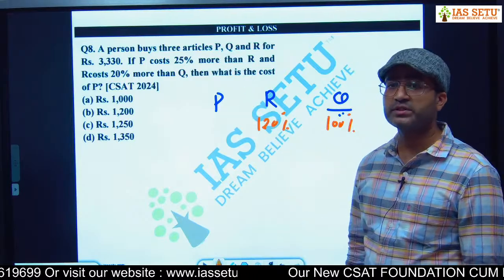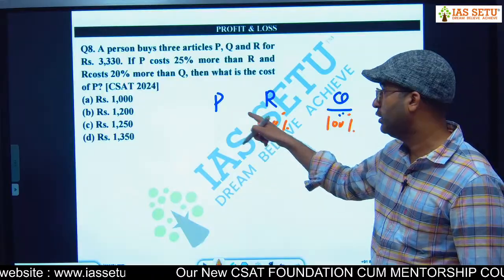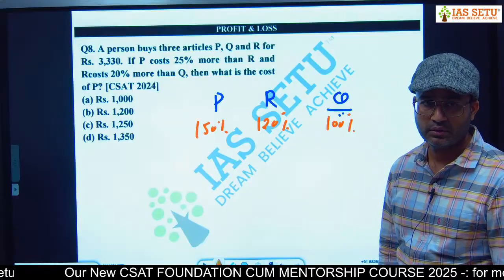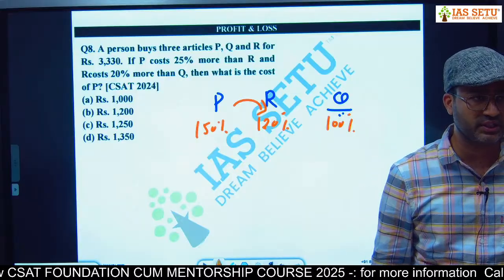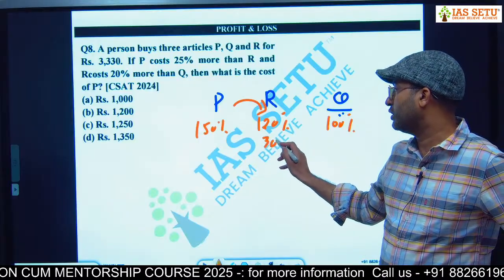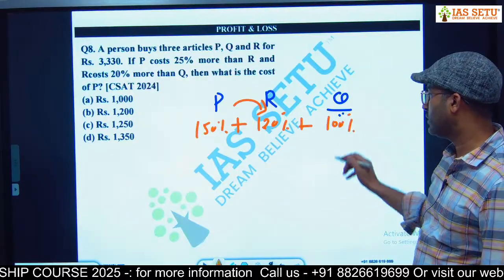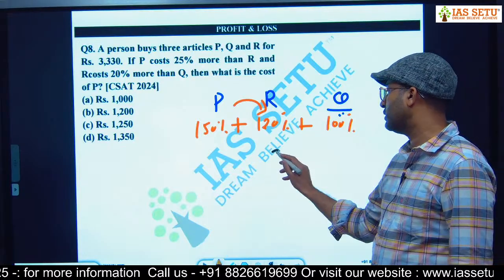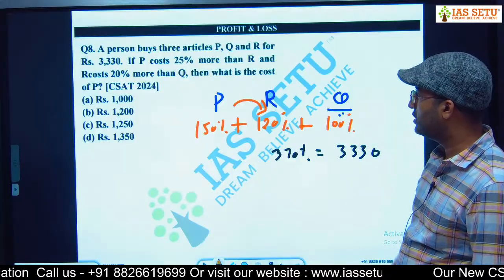It is 25% more on 120. What is 25% of 120? 30. तो P की वैल्यू हो जाएगी 150%. 25% of 120. 120 के ऊपर 25% ज्यादा है. तो what is 25%? 1/4. तो 120 का 1/4 क्या हो जाएगा 30, तो ये 150 हो जाएगा। व्हाट इज टोटल 150 प्लस 120 प्लस 100 कितना आ रहा है 370। तो हियर 370% इज इक्वल टू 3330।